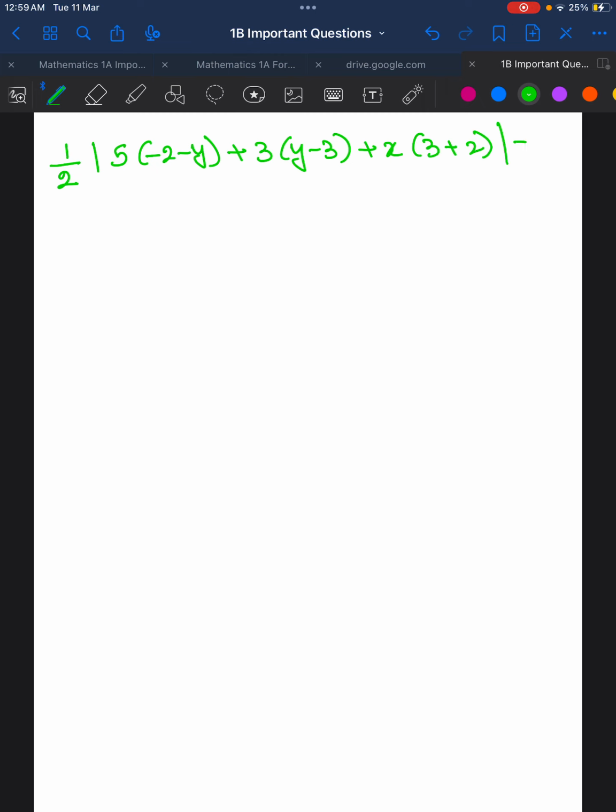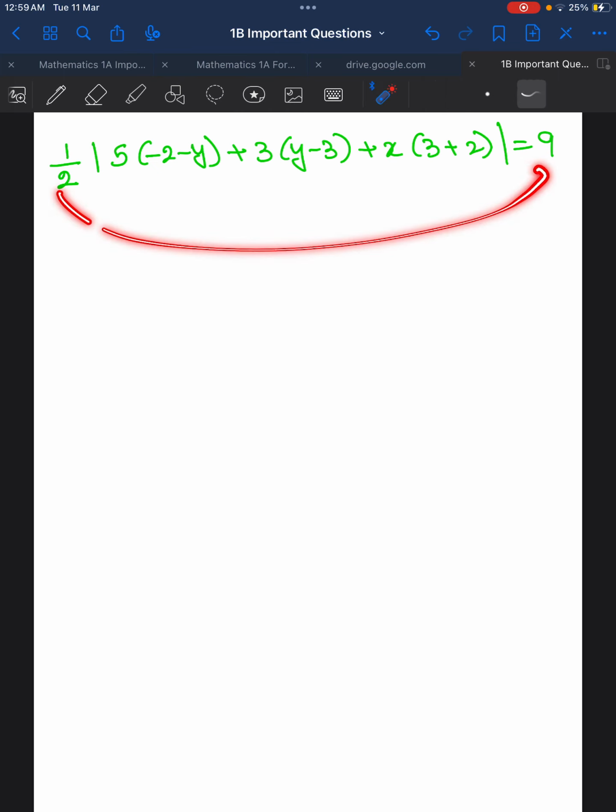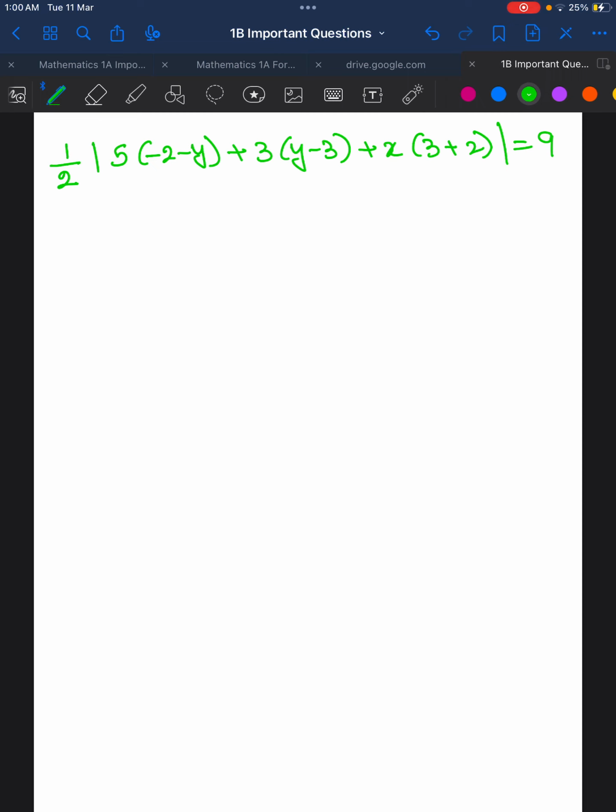Here I got like this. This is 9 square units. Now I can take this 2 to this side. This will become 2 9s are 18. Okay. The remaining only I am writing, the value which is inside the modulus. 5 into minus 2, so I am multiplying 5 into minus 2, minus 10, minus 5y. I am writing like this: minus 10 minus 5y plus 3y minus 9 plus 3x plus 2x is equal to